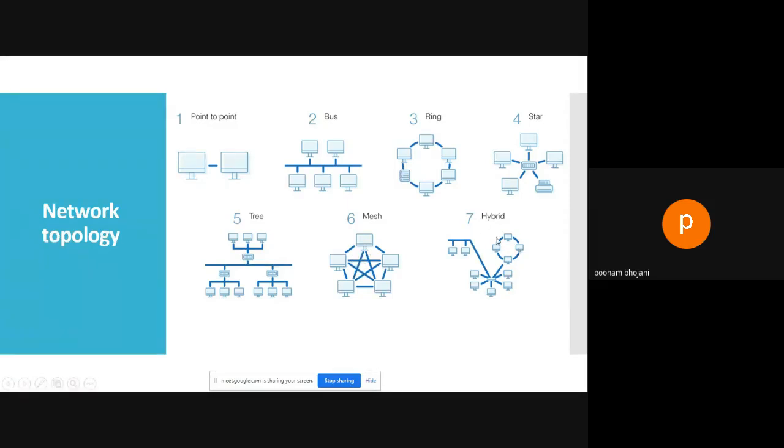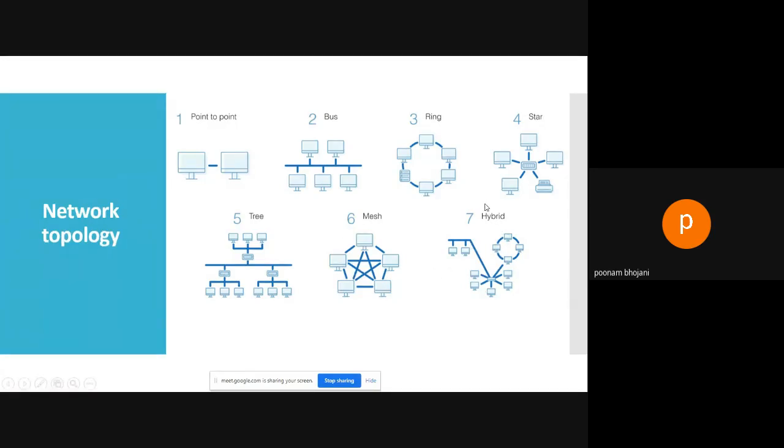Last is hybrid topology. Hybrid topology is nothing but a combination of multiple topologies together. It is not predefined that hybrid means a combination of star and ring only. It can be a combination of star and bus only, or a combination of all three together. The word itself says that it's a combination of different topologies. Like you can see here, this is a star topology, this is a ring topology, and all these are connected with a bus. So bus topology is also there. Three topologies are combined together to form a hybrid topology.